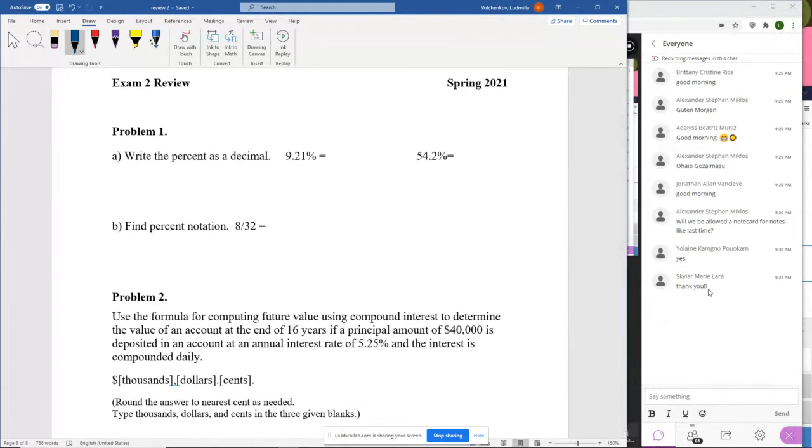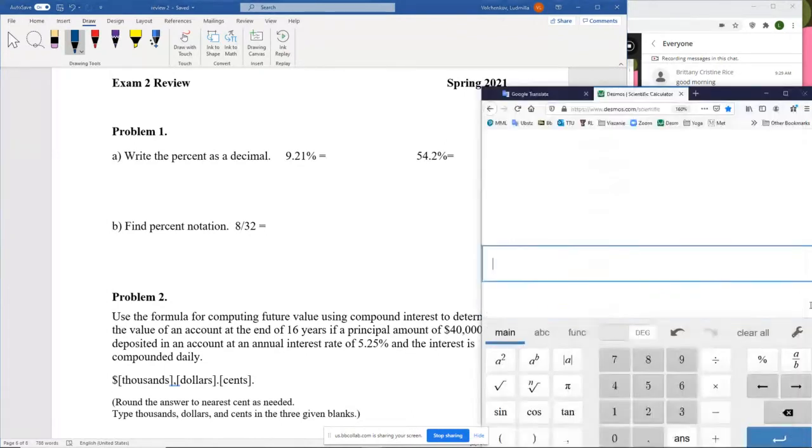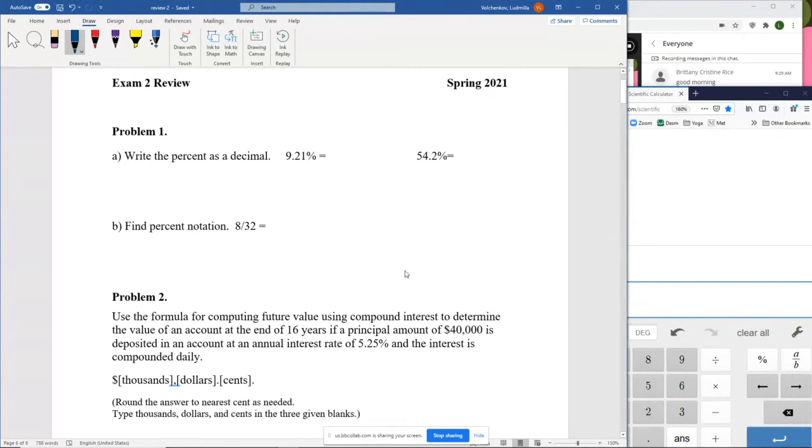Okay, if there are no other questions, we will start with our review. I think we have a lot of time, so you can ask questions if you need during the review. Okay, the first question is pretty simple. Write the percent as a decimal. There was only one over here, but in the review I have two examples. For example, the percent is 9.21 in decimal form. We move the decimal point 2 places to the left and get